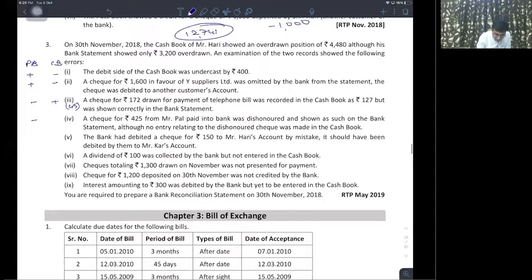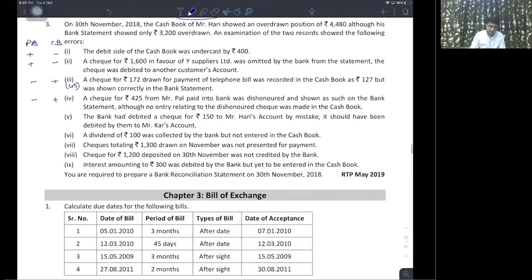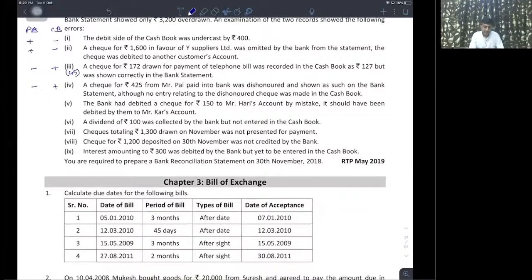The whole of 425. Am I going right? The bank had debited a check of ₹150 to Mr. Hari's account by mistake. It should have been debited by them to Mr. Kar's account. That is wrong debit by bank or not? रॉन्ग डेबिट बाय बैंक, बैंक ने आपका ओडी बढ़ा दिया बट आपने ओडी नहीं बढ़ाया, देयरफॉर पीबी टू सीबी लेस, सीबी टू बीबी ऐड, लेस ऐड।